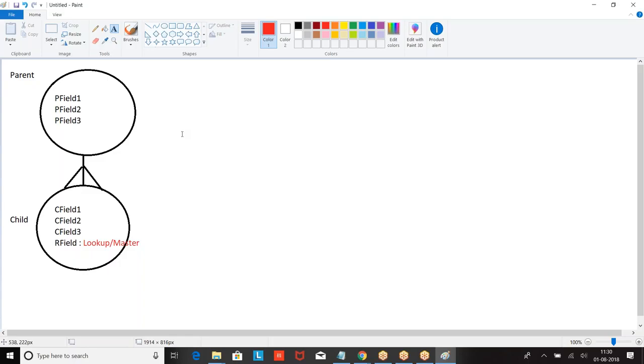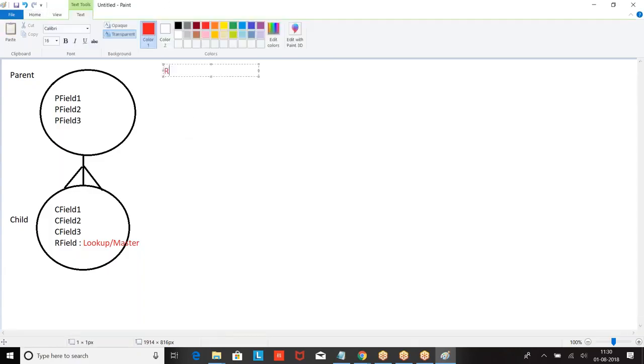Okay. Now let us try to understand. If you assume the R field is a standard field, which means Salesforce created this lookup field.